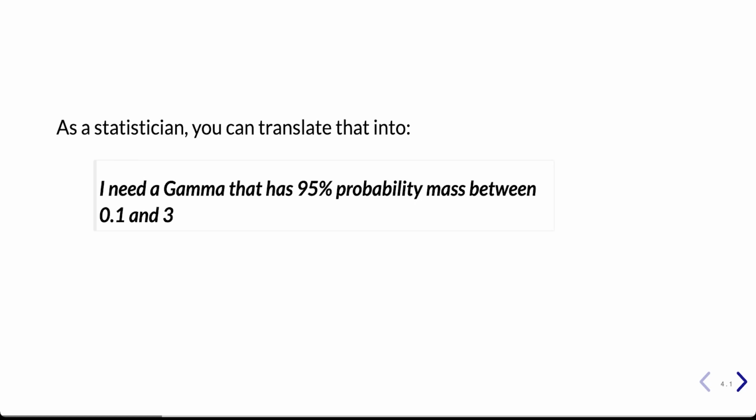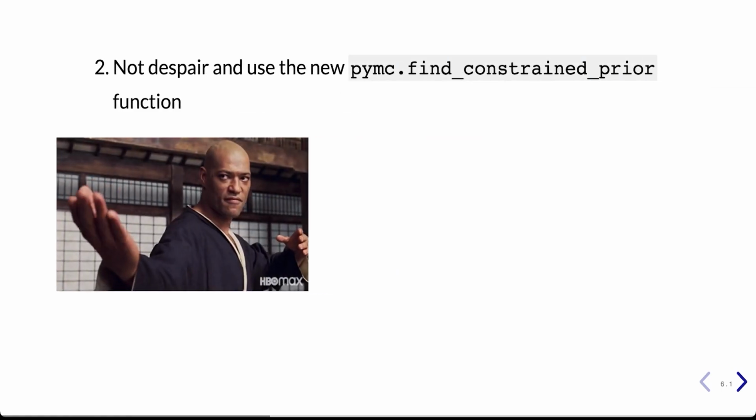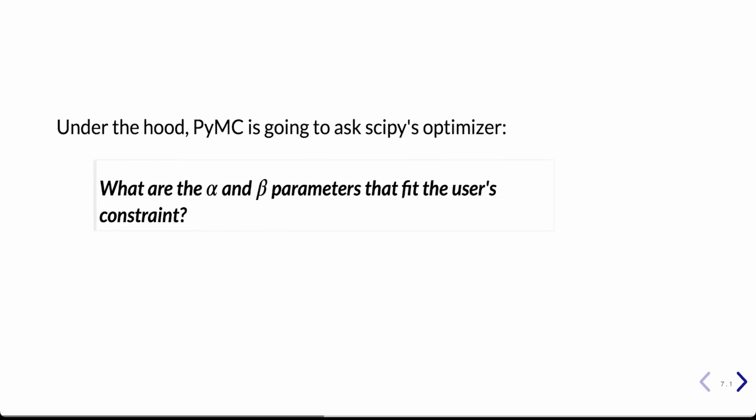So now we have two options. First one is despair and cry. The second one is not despair and use the new pm.find_constraint_prior function. And so we will demonstrate how to do option 1 in another video, but for now, let's choose option 2, okay? So under the hood, what's going to happen is that PyMC is going to ask SciPy's optimizer,